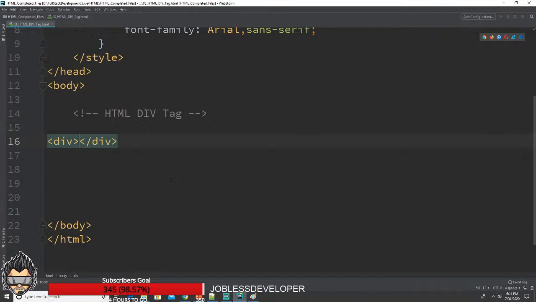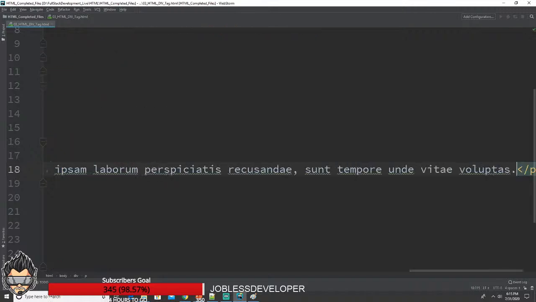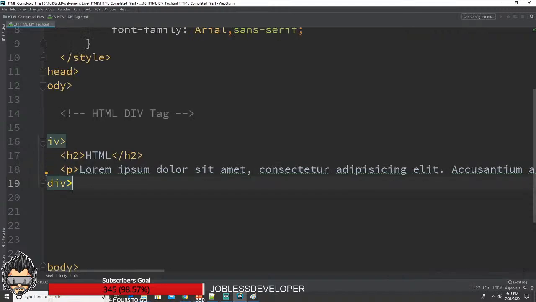So how can you club one heading and one paragraph within the div tag? This will be your first question, right? You said that I'm clubbing one HTML heading and one HTML paragraph as one particular component. If you want to club those two things, you open and close a div tag, and you write a heading over here, you write a paragraph over here, you save it,